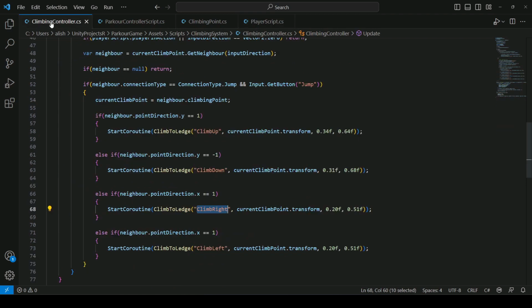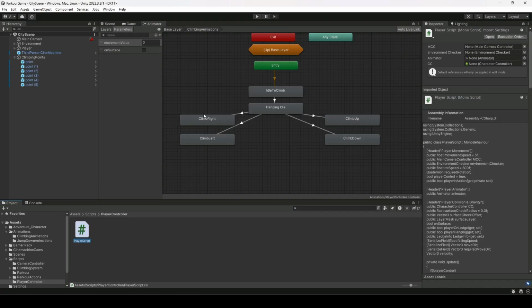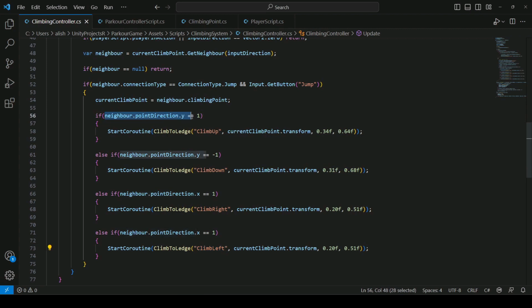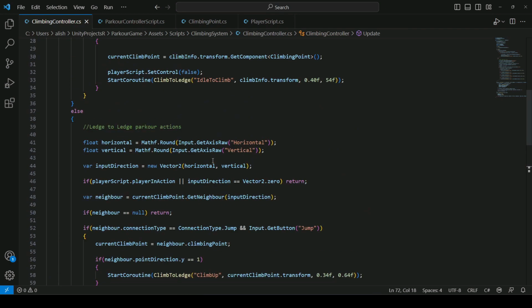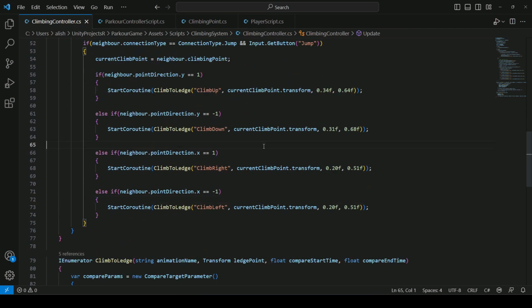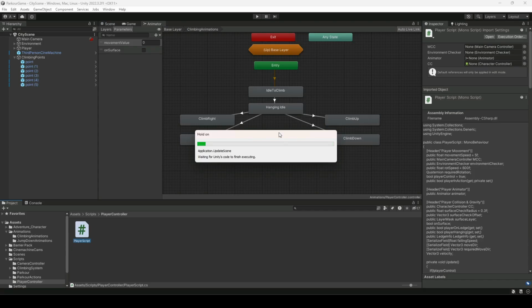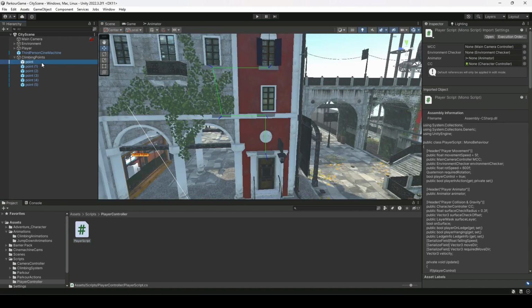Then after this, let's open up our climbing controller and make sure to check your animation name once again, and also let's check the values. So y 1, y minus 1, x 1, x. Right here we need to add minus, because if it is 1 we will move to the right, and if it is minus 1 then we will move to the left. Make sure to check all of these values or else your climbing controller will be messed up. Once you do this, save the script, get back to Unity,